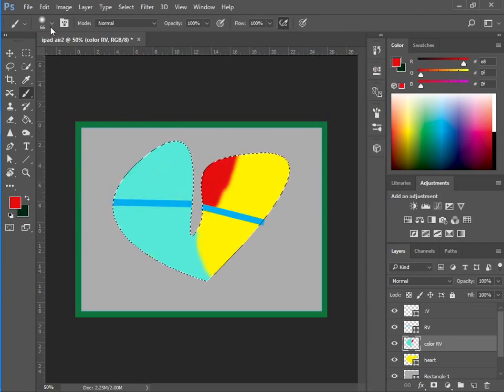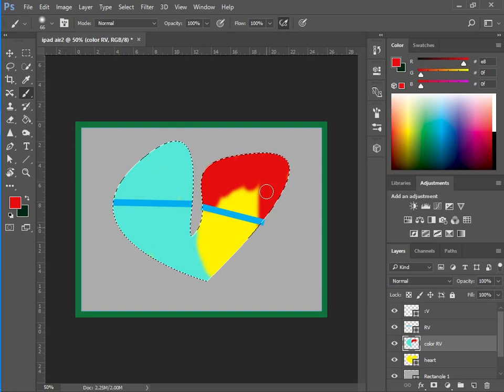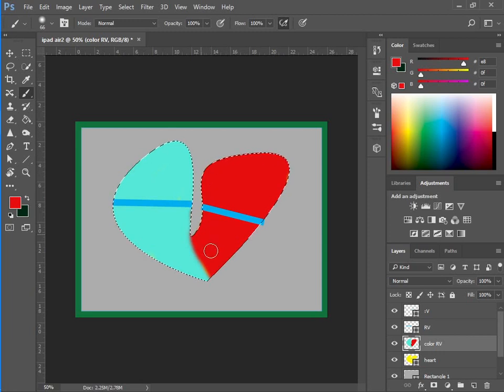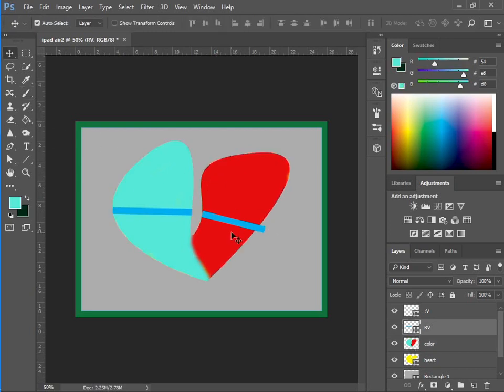If you want to change the size of the brush, of course I chose the brush tool previously in order to color this heart of ours, and I will be coloring it. And I am using Ctrl Z from time to time in order to make the change occur, if I make a mistake. Excuse me. I don't know if we were recording or not, but as I was saying, the